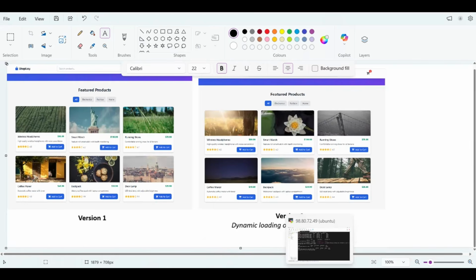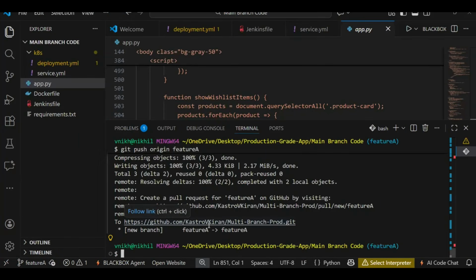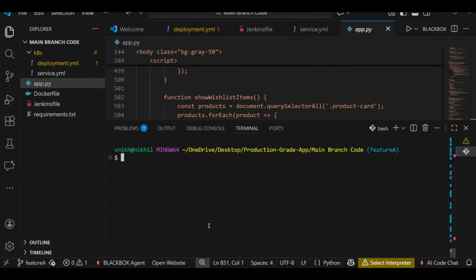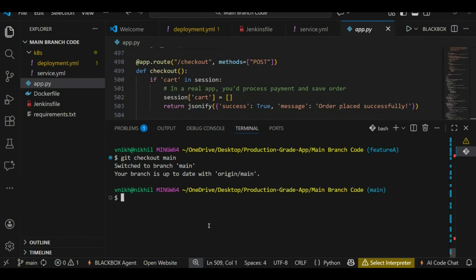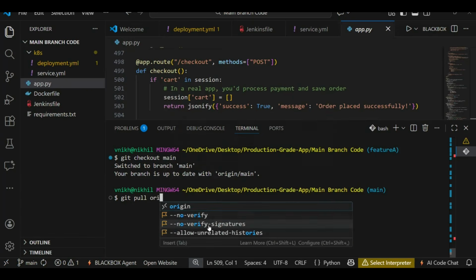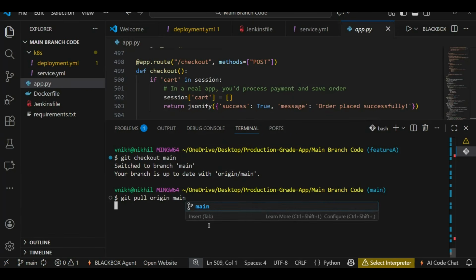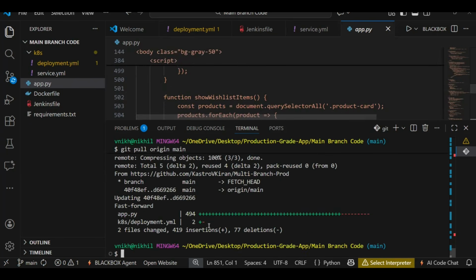So again, what will the developer do? The developer wants to update the code. Whenever the developer wants to update the code, let's say he'll check out to the main branch. Then the developer should pull the code first. Whatever updates were there have to be pulled. So the developer is pulling the changes by using the git pull command. And then once the changes are pulled,